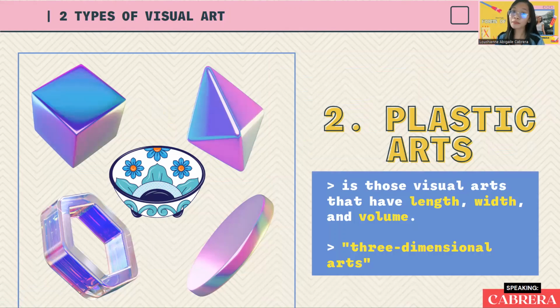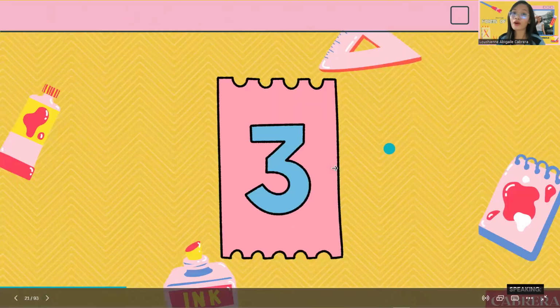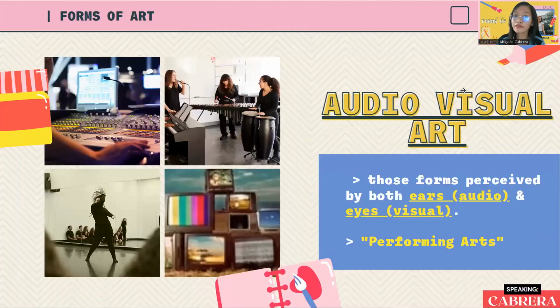Nagkakaroon ng physical manipulation here kung saan gagamit tayo ng plastic medium na we can use for molding, carving, or modeling like sa sculpture or ceramics, which is kaya naging plastic arts. Last, the third form of art. The third one is called audiovisual art, or audiovisual art is those forms perceived by both ears, yung through audio,